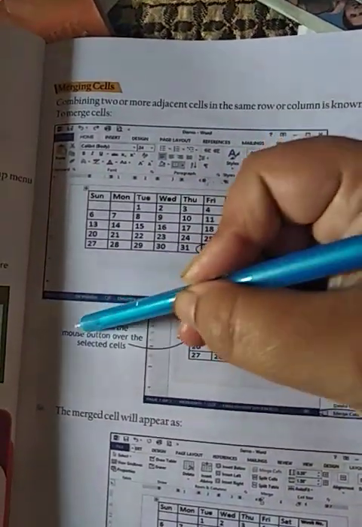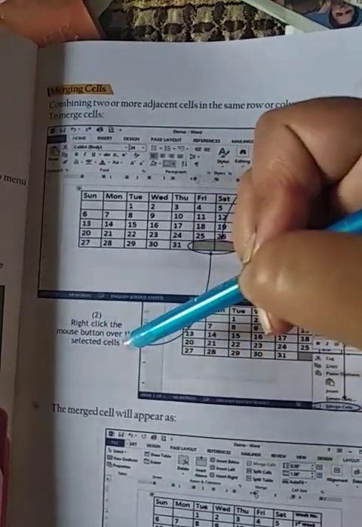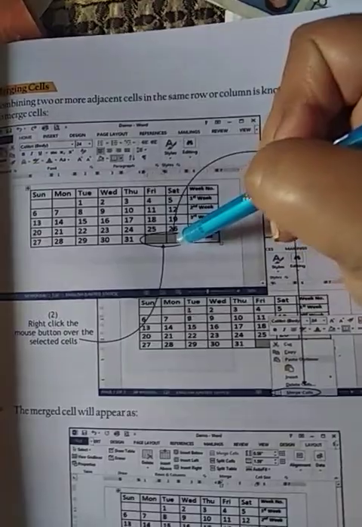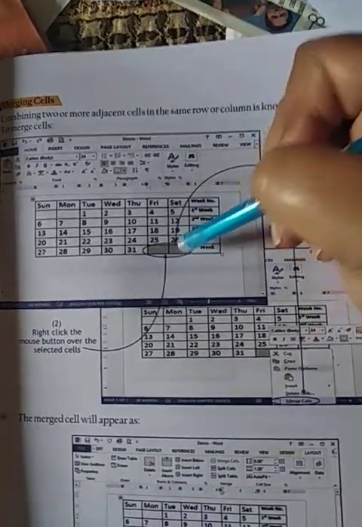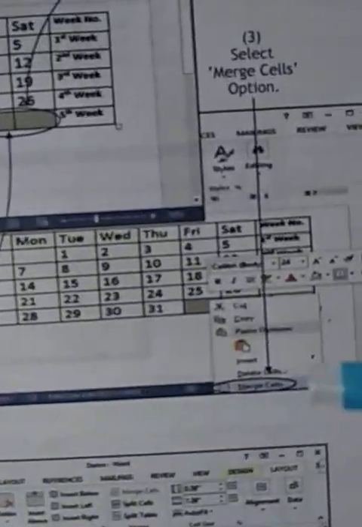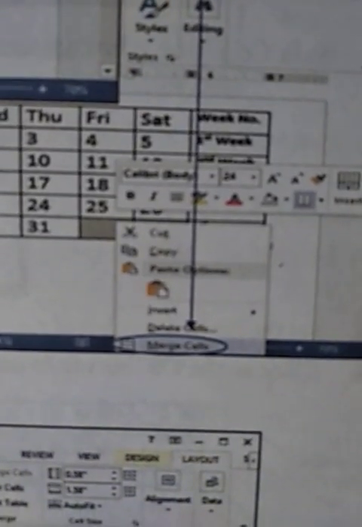Right click the mouse button over the selected cells. Here we will keep the mouse over them and click the right button of the mouse. Then we will get the options.